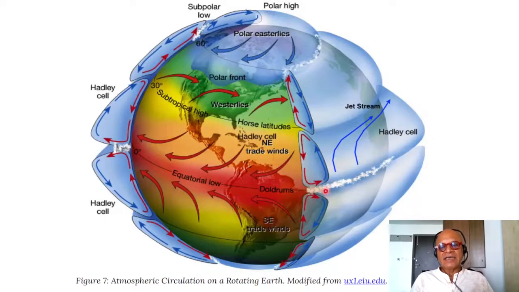But as the air moves poleward in the upper atmosphere, remember that we are moving at 1600 kilometers per hour here, and we are only moving at 1400 kilometers per hour here, which means this air is going to acquire an eastward speed. That is going to create the strong eastward jet here, which we call the subtropical jet stream. Okay, I'll come back and add these other details in the next podcast,